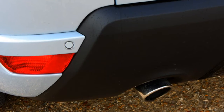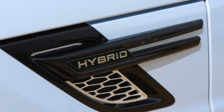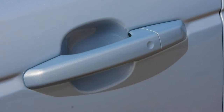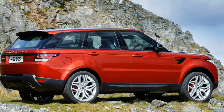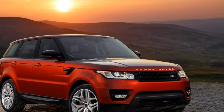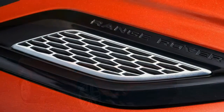There are 3 main trim levels available on the Sport, with the addition of a dynamic package on the top 2 trims. Standard Land Rover Range Rover Sport equipment. The 3 trims are SE, HSE and Autobiography, with the dynamic package an optional extra on HSE and standard on Autobiography. Range Rover Sports will secure as standard such items as a powered tailgate, keyless entry and stop-start, 14-way power